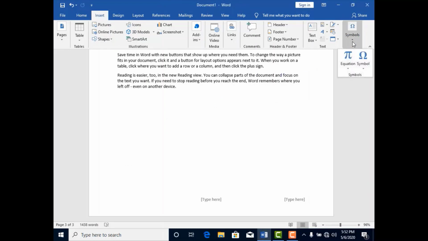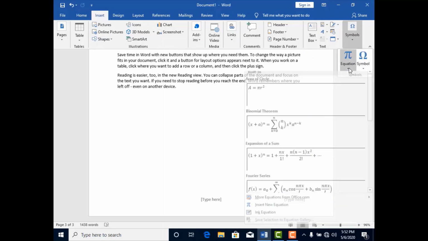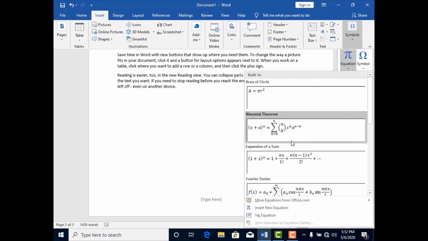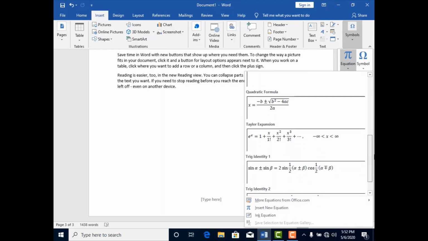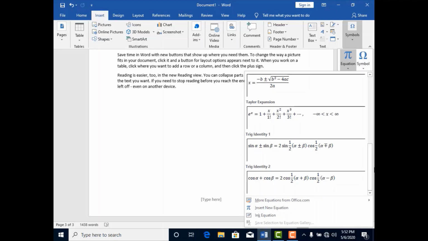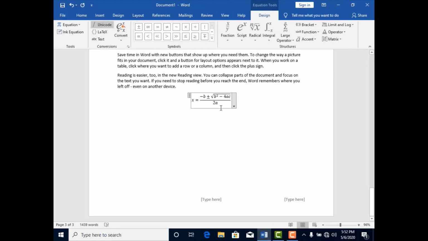Click here and you can see equation and symbol. Click on the equation and here you can see different formulas, and scroll down. These are the formulas. From here you can add or you can have more equations. From here you can insert new equation, and from here you can ink equation. For example, I want this equation, and this is the equation,